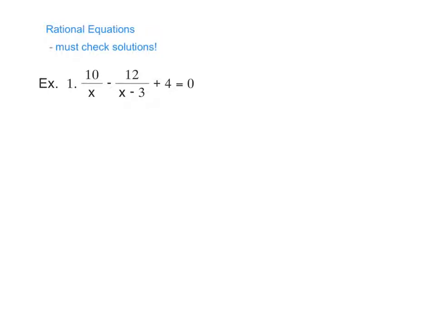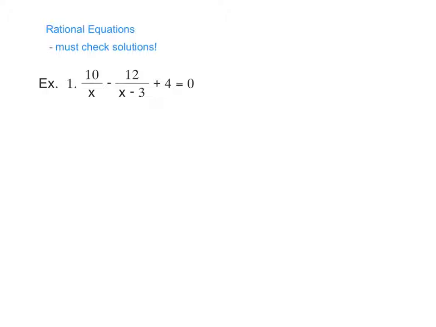Okay, now we're going to solve some rational equations, and rational equations are equations that have these fractions in them. Okay, so these are usually pretty complicated and long problems. Sometimes they're easier than others, but there's a few things that you have to watch out for, but you have to check your solutions. Now, checking is not always easy because of the fractions, so technically what you have to